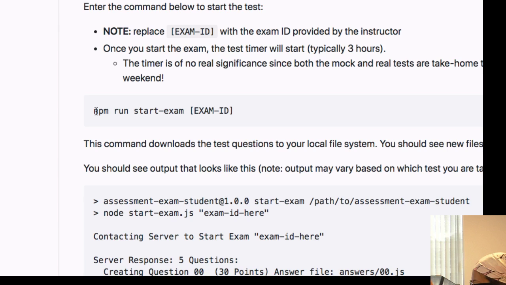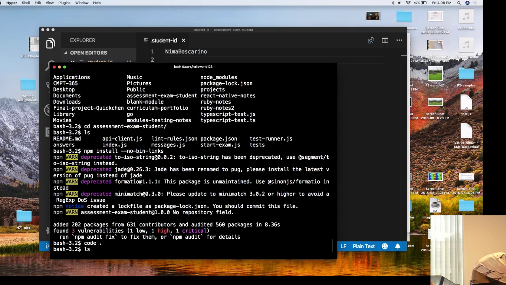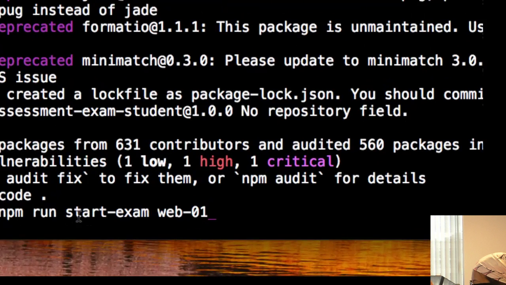Cool. The next step, after you've done that, would be to go into the terminal again, and we're going to run npm run start-exam. Instead of these square brackets exam ID, we're going to write web-01. So I'll write that down here: npm run start exam, and then we'll write web-01 like that.